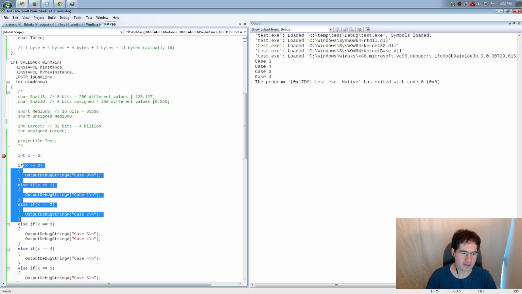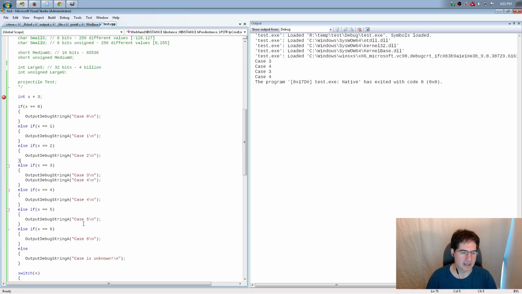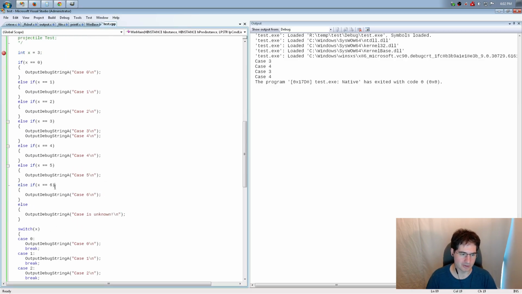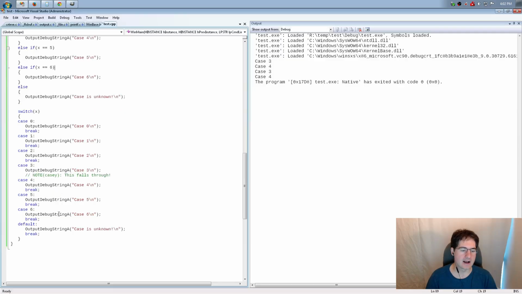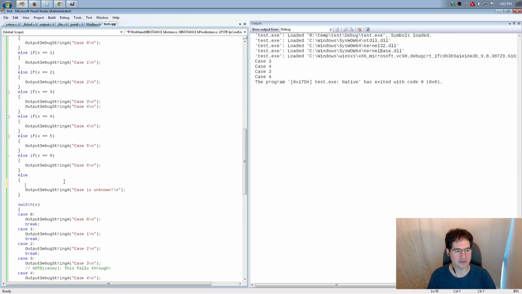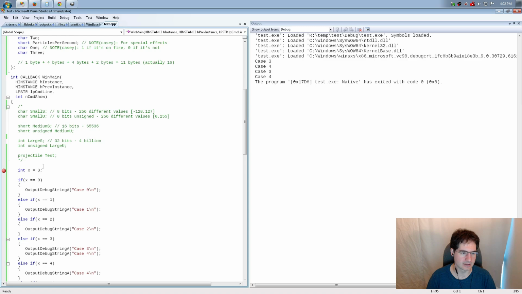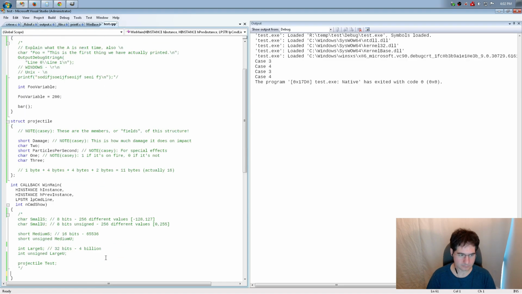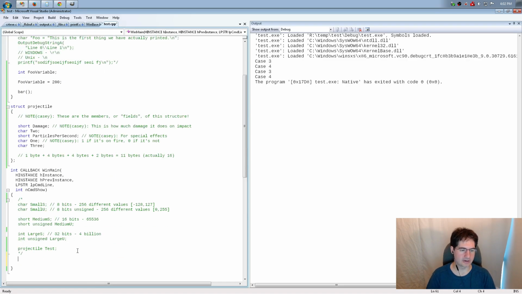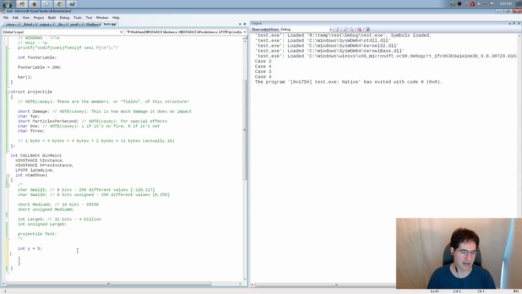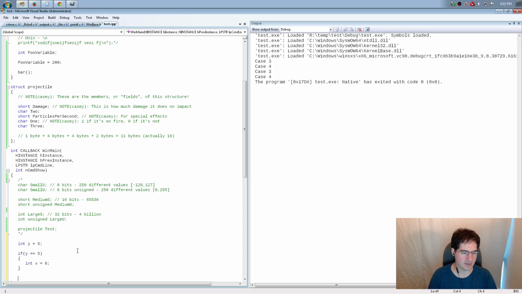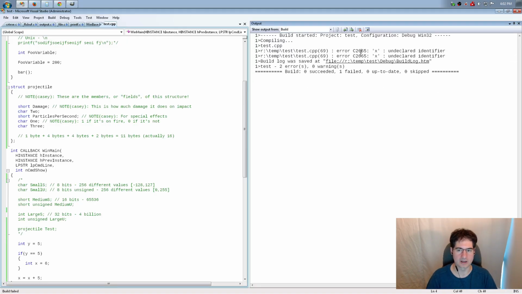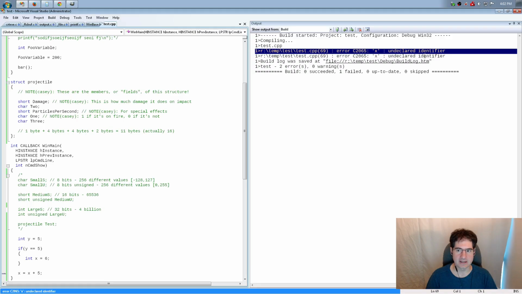So blocks encapsulate code, they bundle it up in a way that it only gets run if a particular piece of control flow is true, but they have some other properties. One is variables declared inside them. I'm going to go ahead and delete all this right now. So if I say int y equals 5, and then I open a block, because I don't even have to put control flow there, but I could, let's say if y equals 5. Variables declared inside them do not exist outside it, right? So if I do this, I will get a big nasty error. Basically what it says is x is an undeclared identifier.